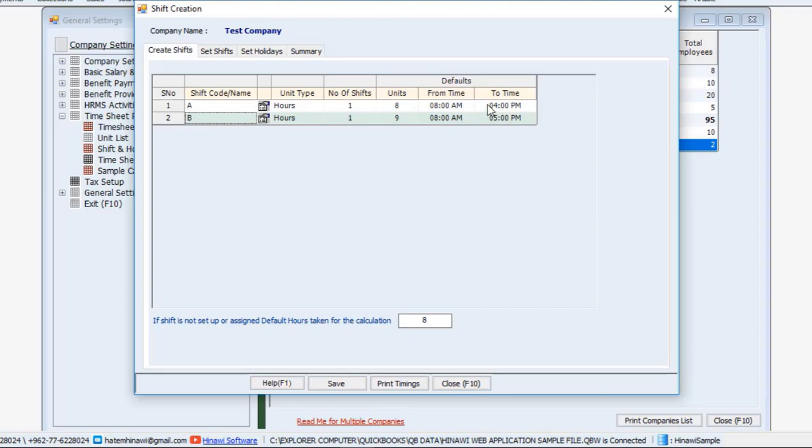Not like the one above it, because the one above it is instantly displayed as 4 p.m. since the units are 8 units. Only 8 units, which means 8 hours. But here, 9 units, which means 9 hours. So basically the working hours per day. That's the main difference. If we set this as 2 shifts, you see here, we will decide the units, which